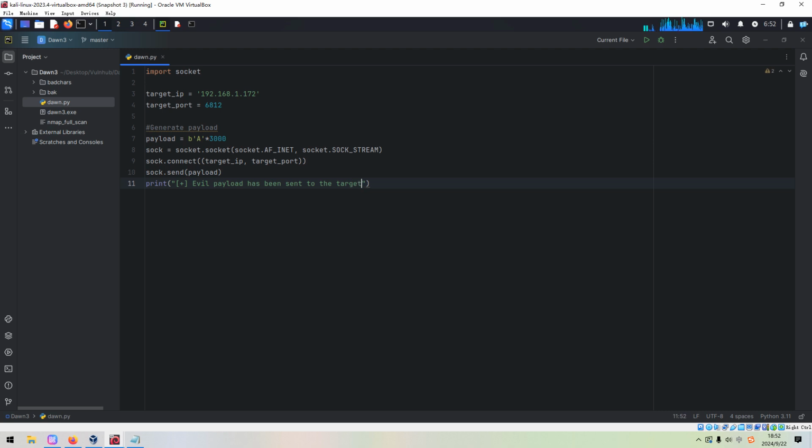And also we can print out the length of the payload. Okay, so I think that's all, and we can close the socket.